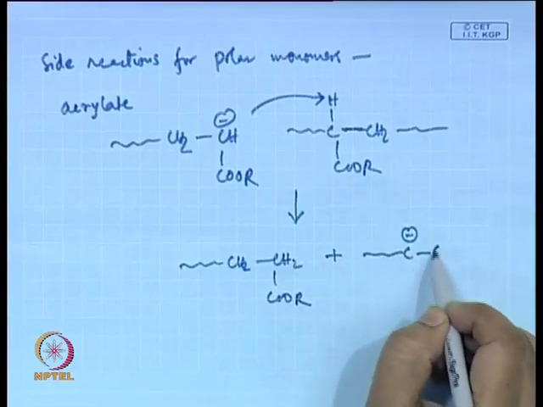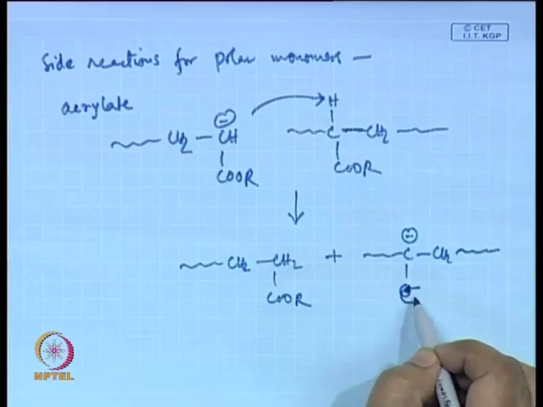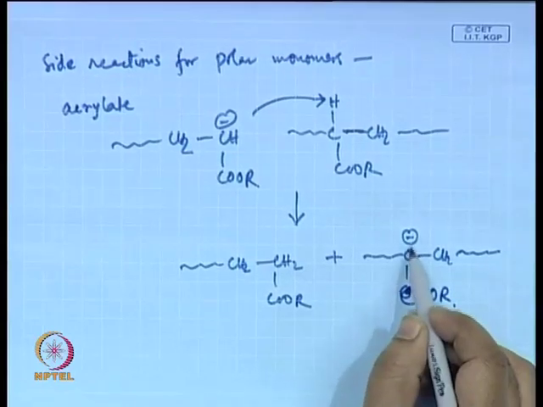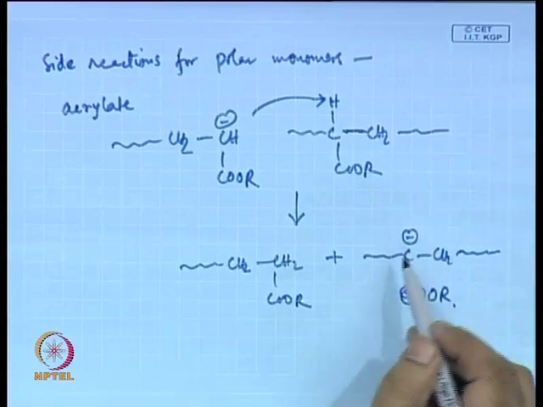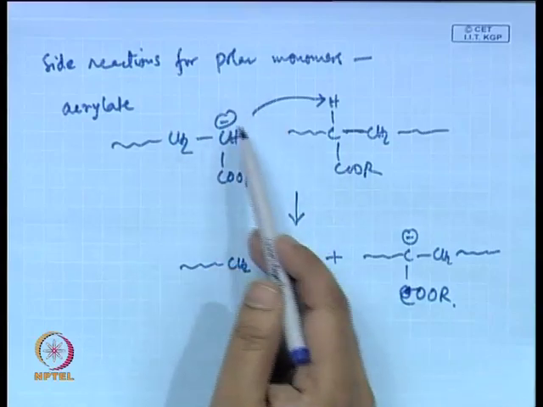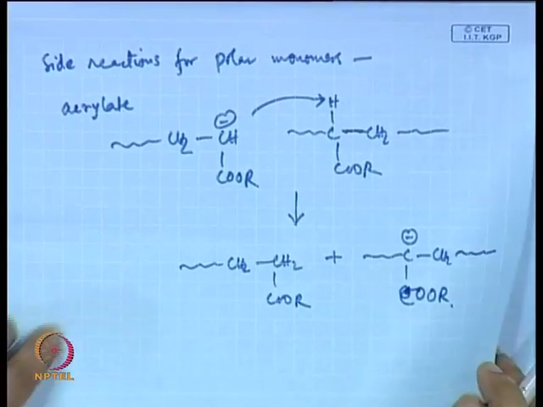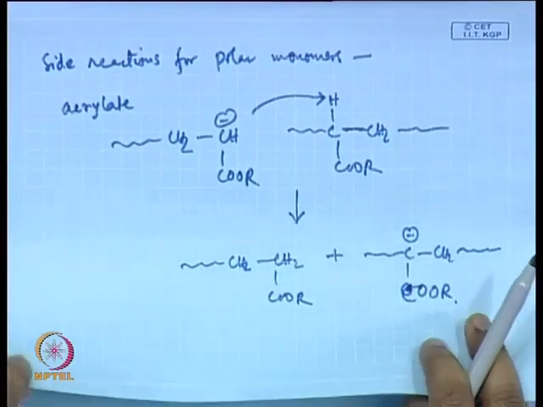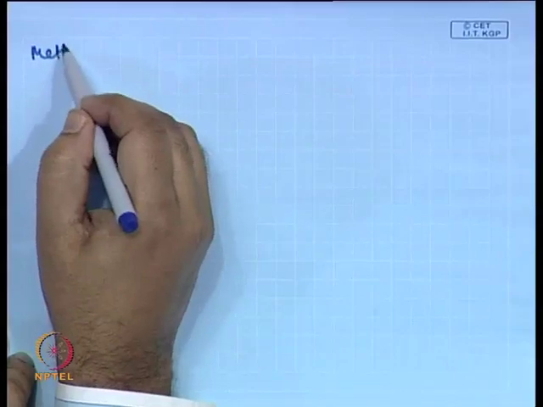And you can form this, which can now reinitiate the polymer by which it can form branches. So, one chain can get terminated by this side reaction, and you can form a branch in another growing chain. Now, that is not applicable for monomers like methacrylate, where this hydrogen is absent, but methacrylates